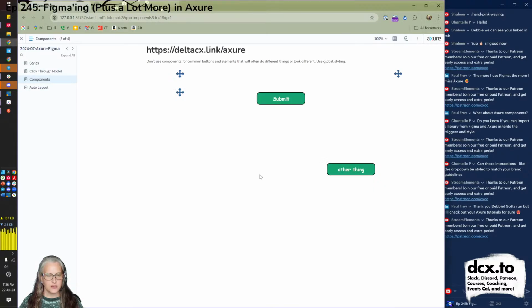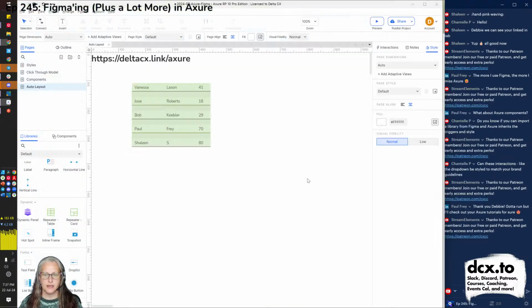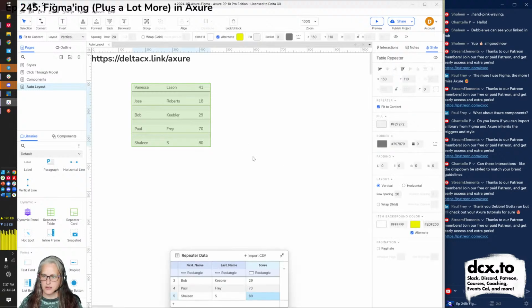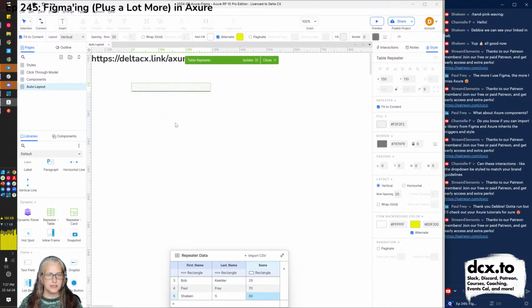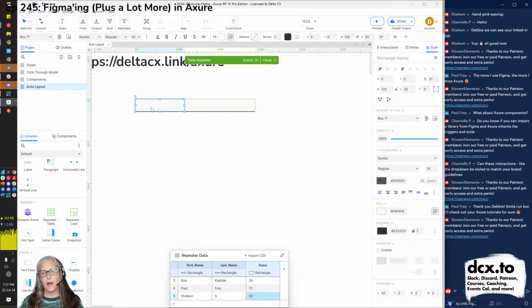Let's do a little refresh here and see how my repeater is coming along. Okay. Not getting the alternating background colors that I was expecting. And let's double click. So when I double click, what do I have? What is this? This is the model. We're telling Axure how we want this to lay out. And there's invisible boxes here, which is weird. You have to get used to the way Axure did this.